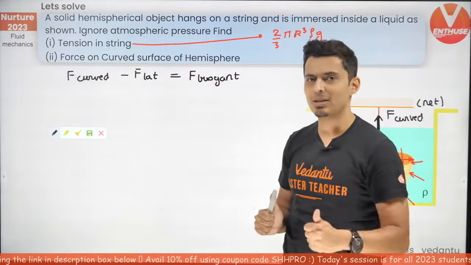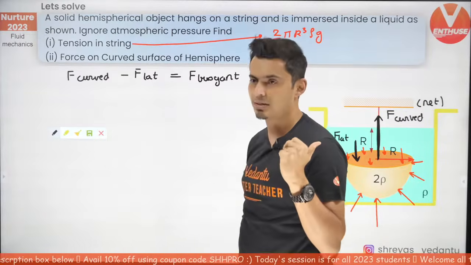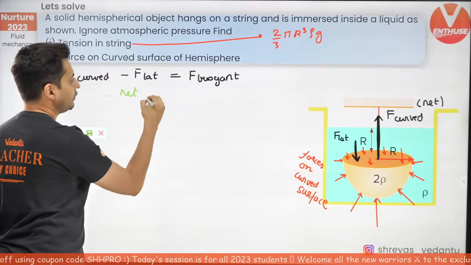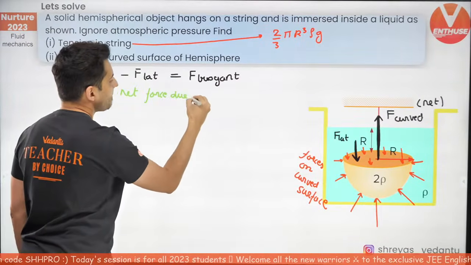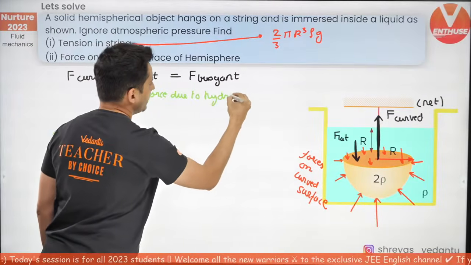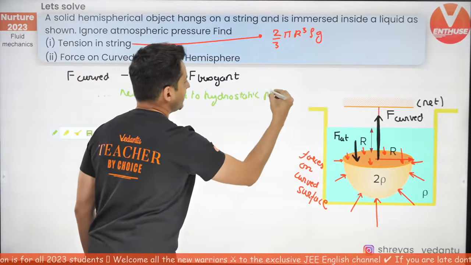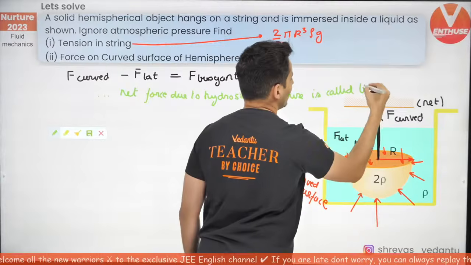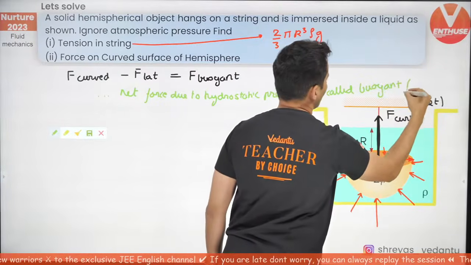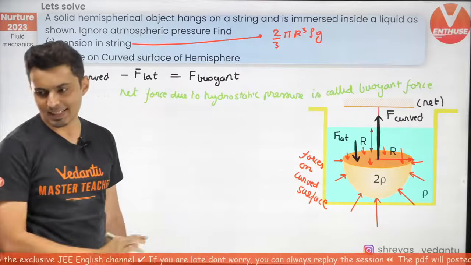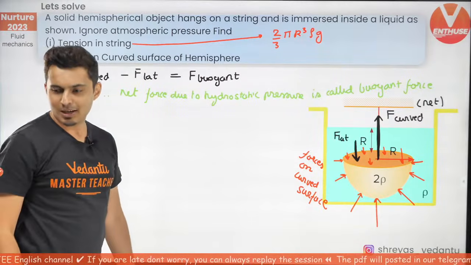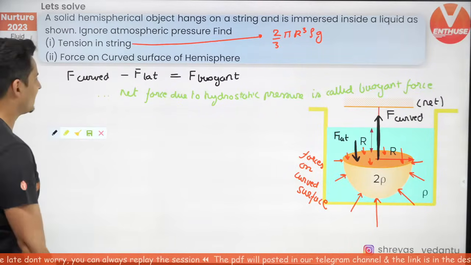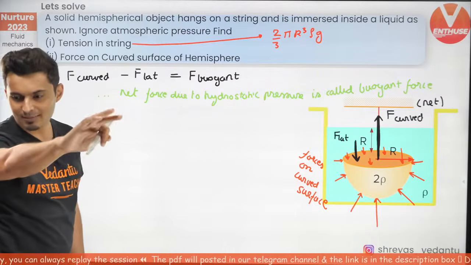Everybody fine? Give me a thumbs up or a yo till this point if you have understood this equation. This equation has just come because the net force due to hydrostatic pressure is called buoyant force. That's the reason for that. That's it. Welcome Nitya. I'm guessing you were attending it before as a recording, but even if you are attending for the first time, welcome aboard. Perfecto, my warriors. Very good.